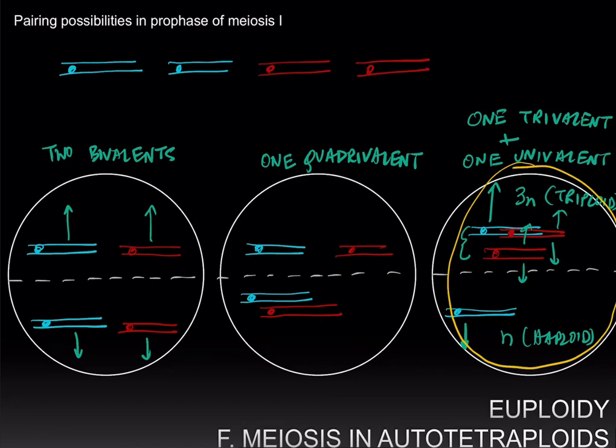However, in meiosis in tetraploids, a good proportion of gametes are actually diploid, and diploid not just for one chromosome, but diploid for all the chromosomes, and therefore usually result in viable offspring and can be propagated as